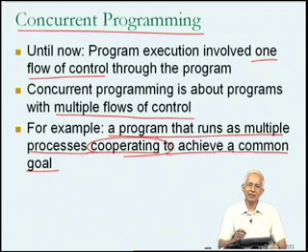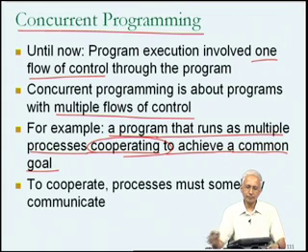Until now, when we were writing our ordinary programs which had a single flow of control, there wasn't really a notion of cooperation since we were managing only one control flow. Now we are talking about programs in which there are multiple control flows, possibly multiple processes, and we do have to worry about how these processes could cooperate. Now, in some sense, one could start by saying that in order to cooperate, the processes must somehow communicate.